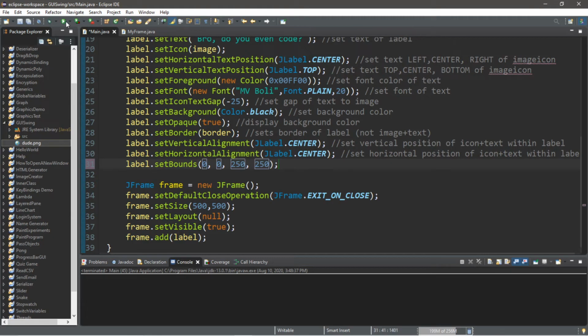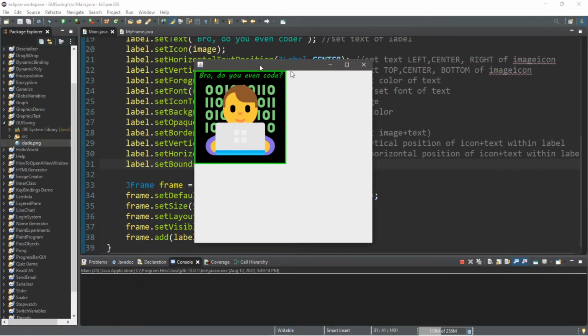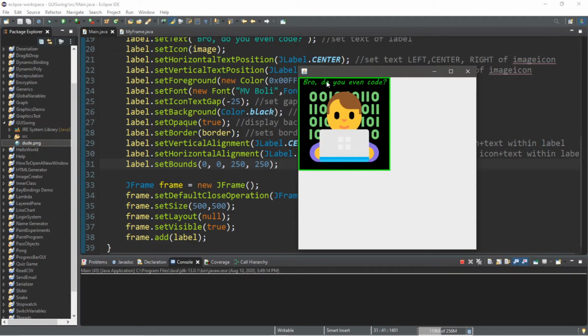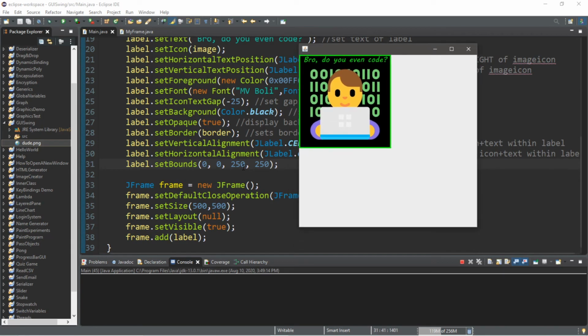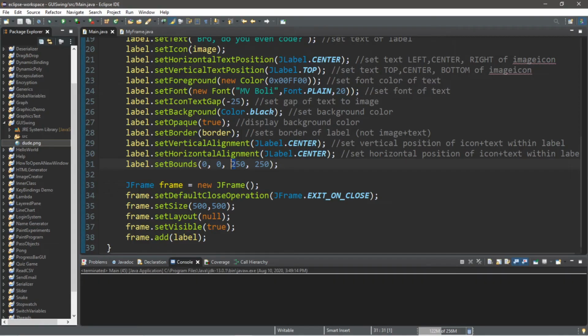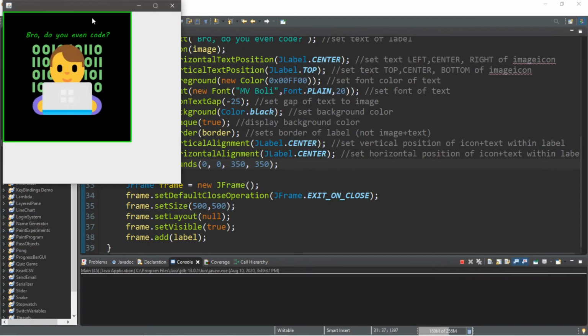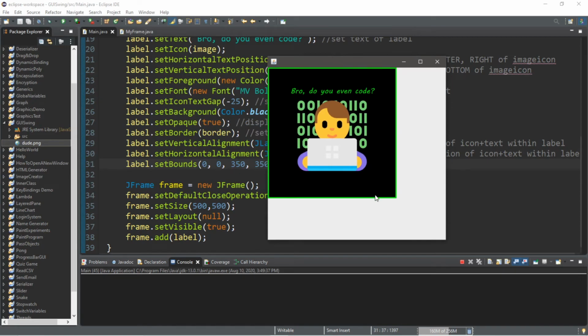And then let's take a look at this. You can see that with our label, it places the top left corner of our label where we set the X and Y positioning to. So 0, 0 is the top left of our frame, and it also set a size for our label, 250 by 250. If we were to change the size of our label, let's say 350 by 350, well, this label is going to expand in size. However, it still likes to stick to the top left corner because we set the coordinates to be 0, 0.